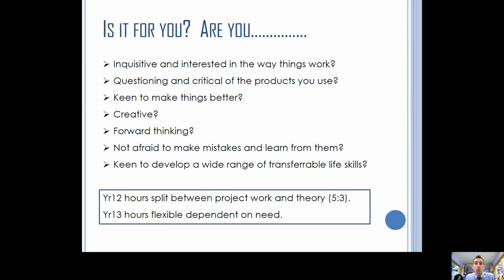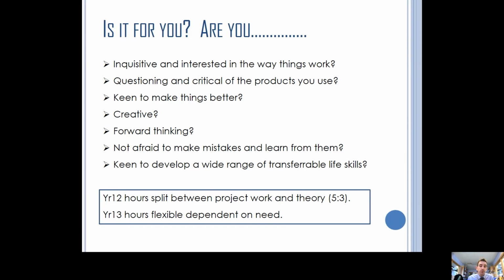So is it for you? Well, I don't know. Is it for you? Are you inquisitive and interested in the way things work? Do you question things? Are you critical of the products you use? Are you keen to make things better? Are you creative? Are you an ideas person? Are you forward thinking, progressive? Not afraid to make mistakes and learn from them. That's really critical. Can you work in that way? And are you keen to develop a wide range of transferable life skills? If you think this sounds like you, and you've enjoyed your GCSE design technology, then yeah, maybe this is the